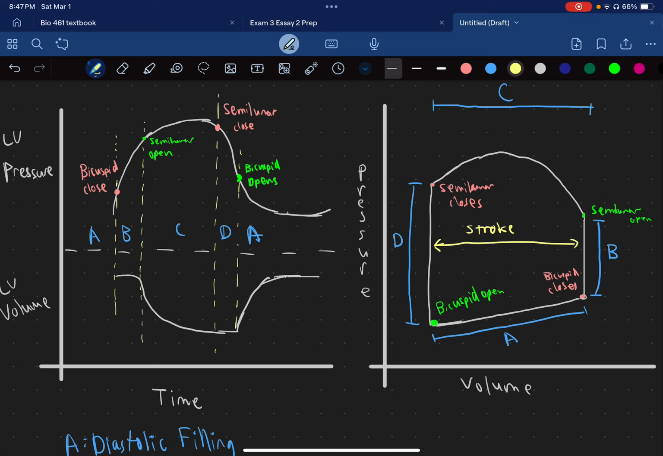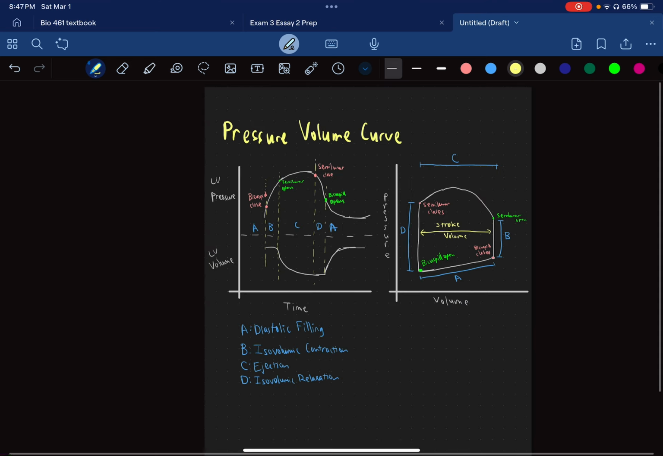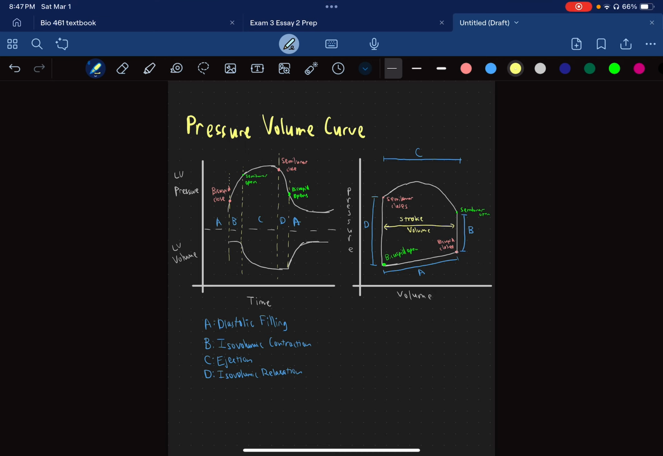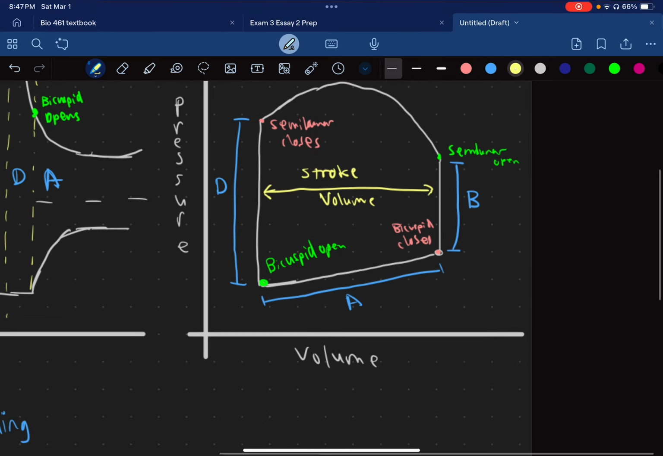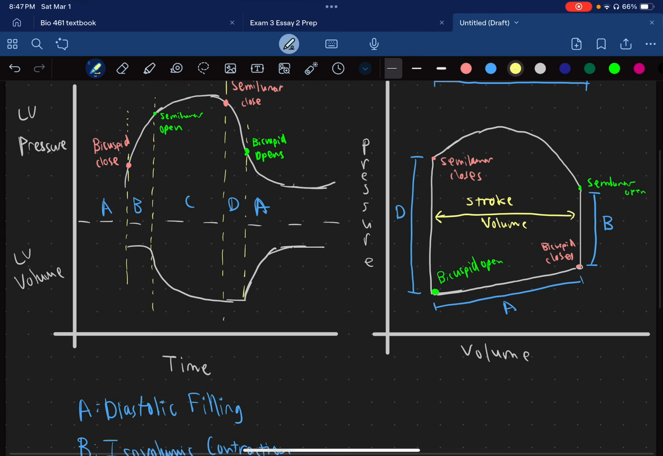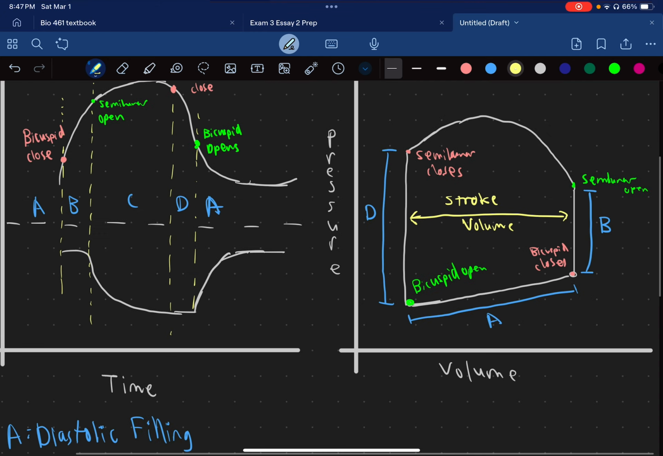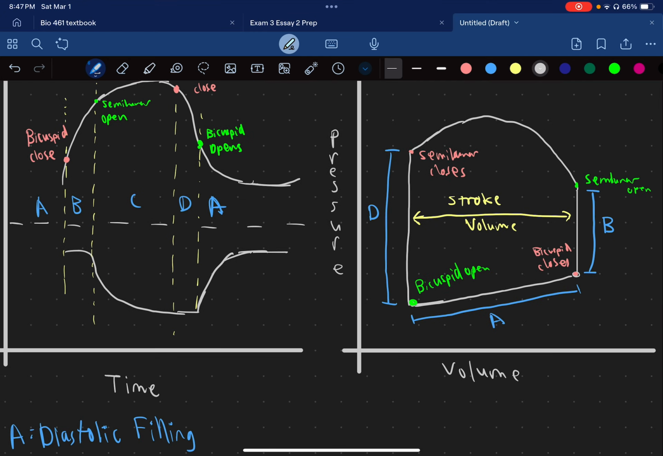Stroke volume. And stroke volume is basically the amount of blood that is going to be pumped out of the heart at any time. So that actually is a perfect, and usually if we were to give these labels, we would say